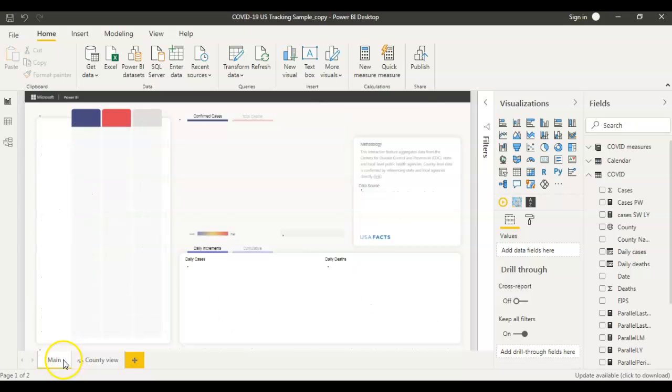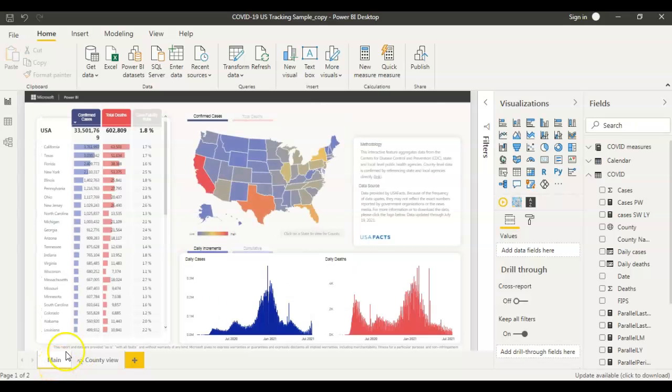So our requirement in this report is, I want to have a date slicer here on the top, so that if I select a certain date in the main page, I want the same slicer date to be reflected on county view page as well.